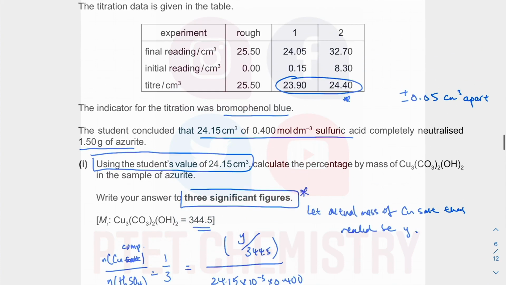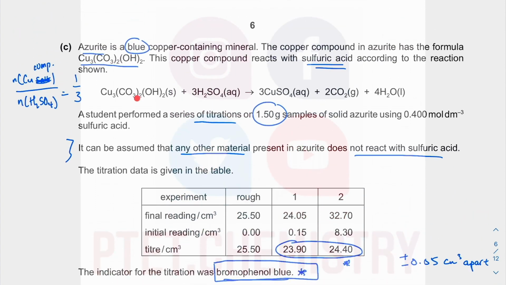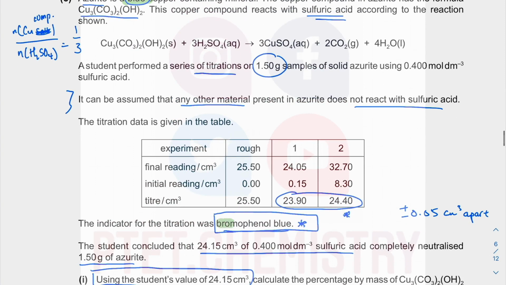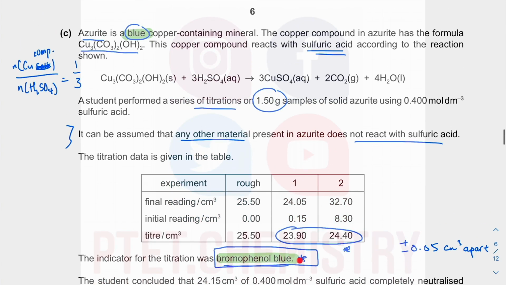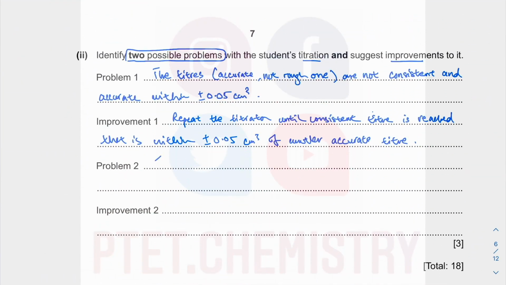so you use an indicator, right? You use an indicator which is colored. Okay, so this indicator is colored and you will get color changes. But what is tricky about this compound is that this compound is also colored. Okay, this compound is also colored. Your indicator is also colored. So really, it's not a problem of the indicator, it's a problem of the compound being colored. So really, you know, the copper compound is blue, and hence